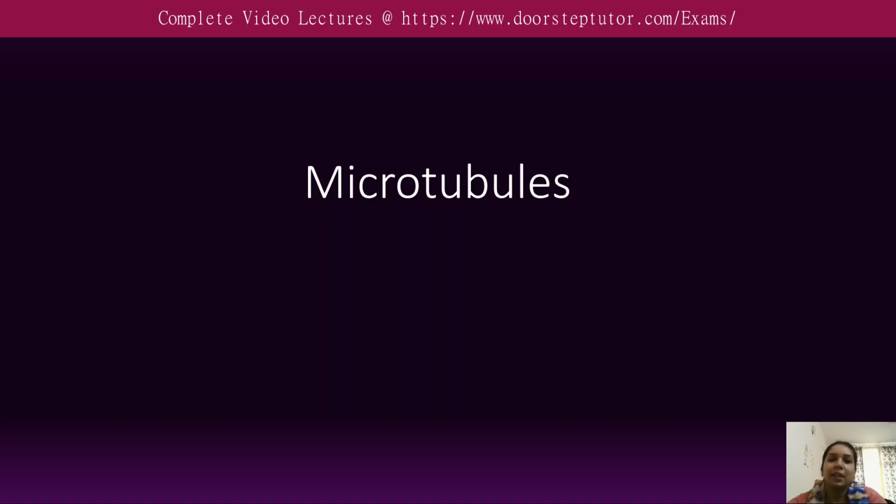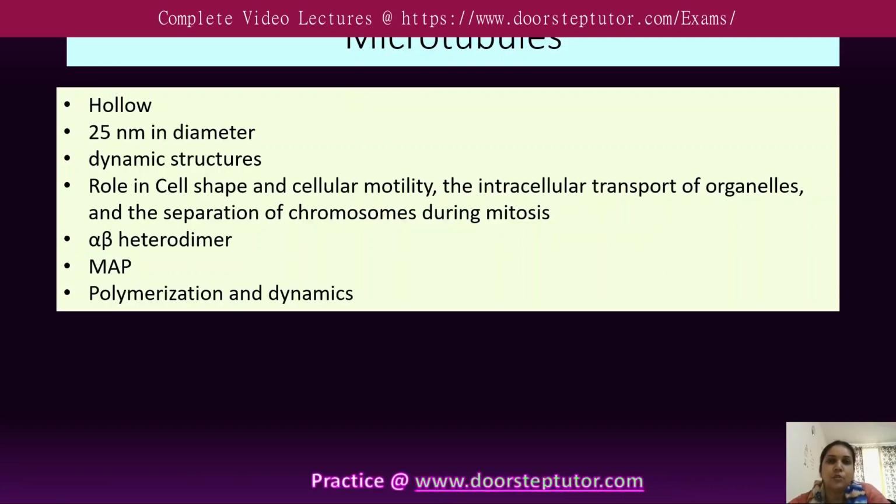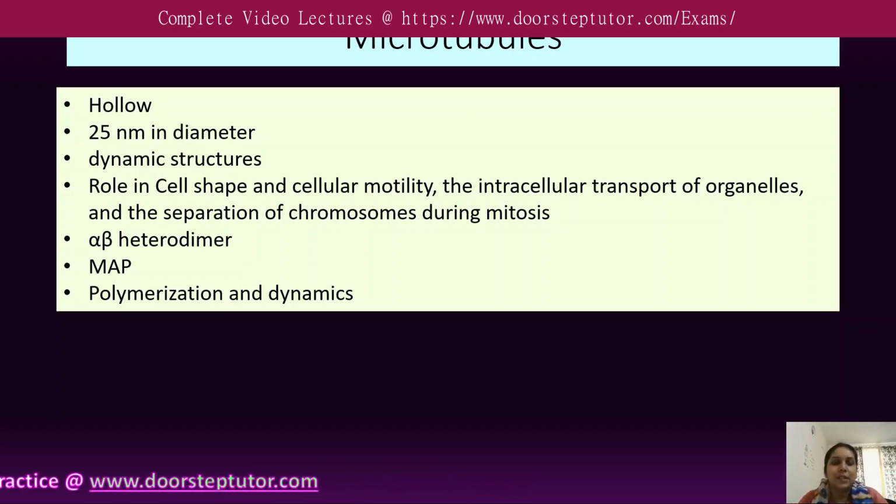Microtubule is the second most important cytoskeleton structure after actin. So in this lecture we'll discuss the microtubules and the various motor proteins which are usually involved in movement across the microtubule. Microtubule is basically a rigid, hollow, cylindrical structure and its diameter is about